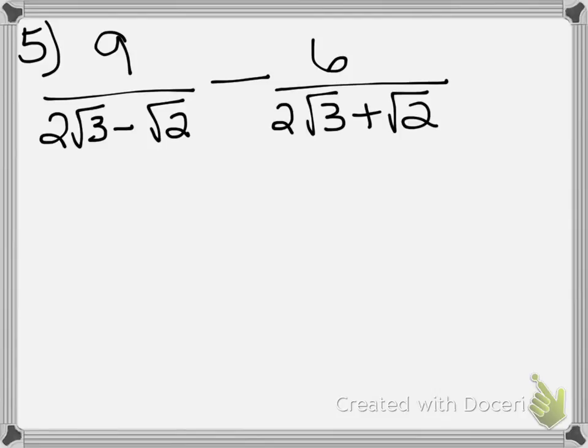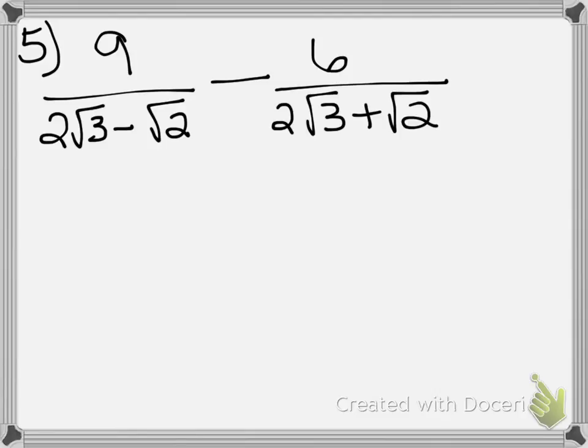So what you'll notice, this is a subtraction problem with fractions. Anytime you add or subtract fractions, you do need to find a common denominator. These are not common, but what you'll notice, they are conjugates of each other. So actually what we're going to do, we're going to rationalize both of them separately and then bring them back together. The one big thing that I like to make known is that this is a subtraction problem, and a lot of times it gets lost in all of the conjugations,